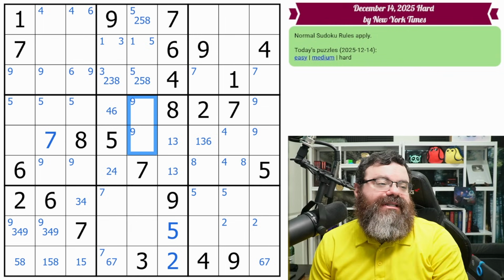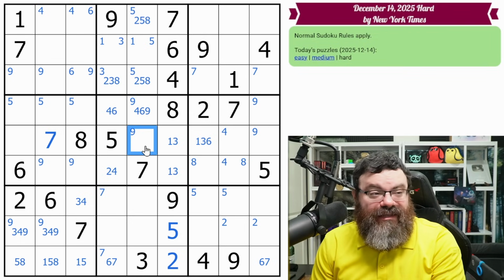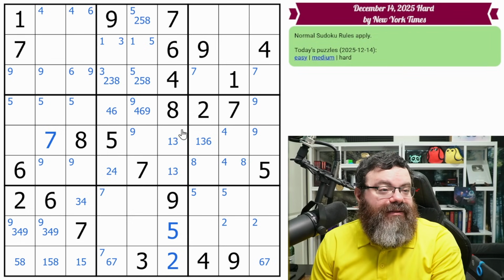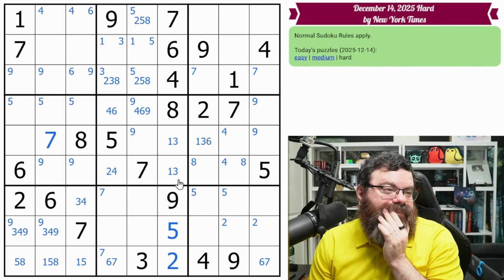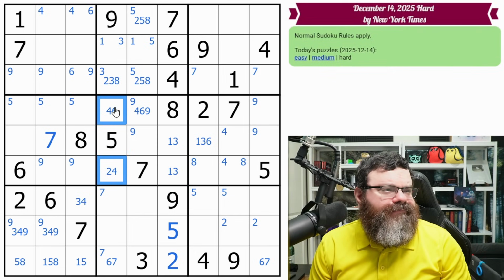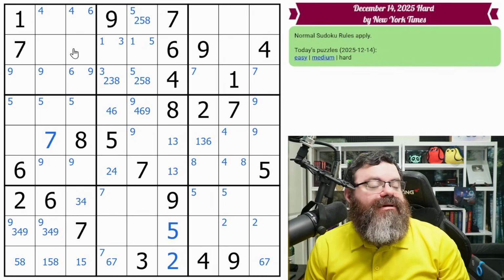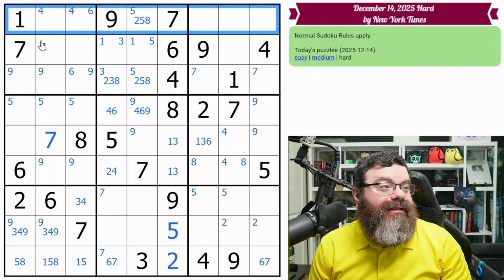Because there's only 4 digits left in this box besides the 1-3 pair. It's going to be 2, 4, 6, 9. So this is 4, 6, 9, and this is any of them? All right, is there anything else I can follow up on here? Let's see, I removed 1 from these. 4, 6, 2, 4. I'm not seeing it. All right, we'll come back. We'll do our systematic scan then. So